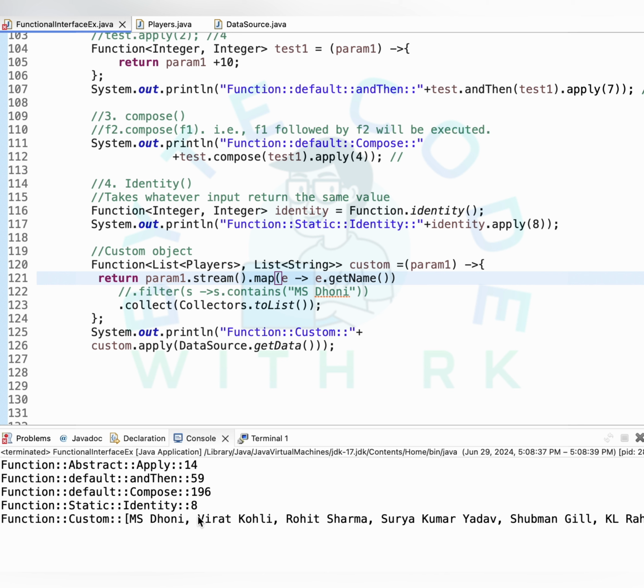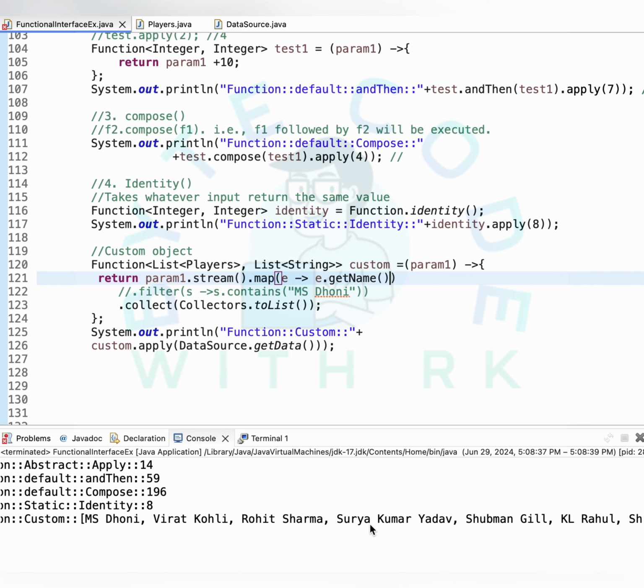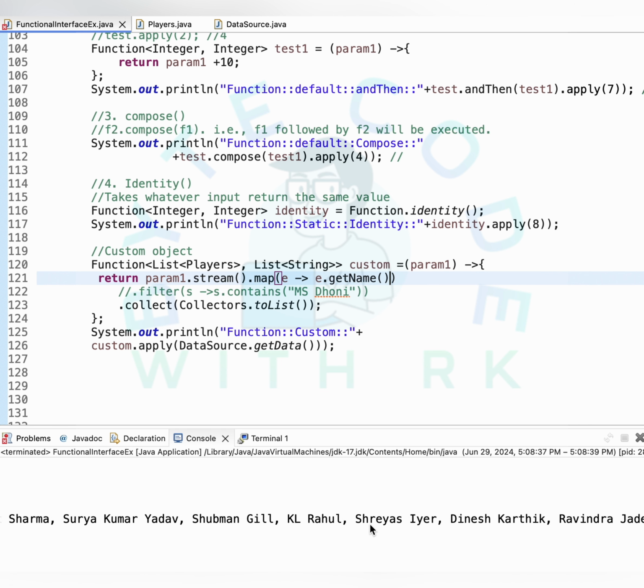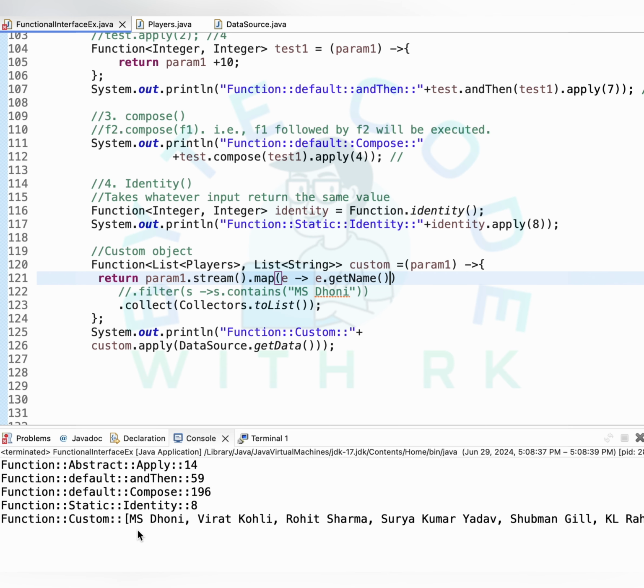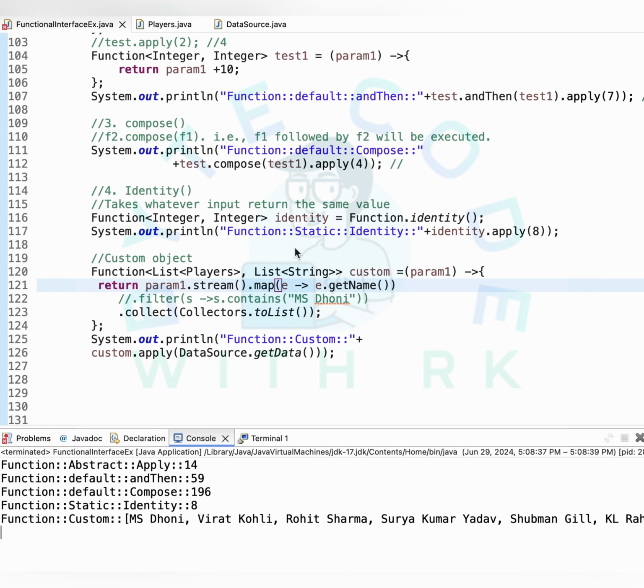names here. See, MS Dhoni, Virat Kohli, Rohit Sharma, Surya Kumar Yadav, Shubham Gill, KL Rahul, Shreyas Iyer, Dinesh Karthik, Ravindra Jadeja, Jasprit Bumrah, Bhuvneshwar Kumar, Mohammad Shami, Hardik Pandya. Okay, so that will be in the form of a list. This is the custom way of